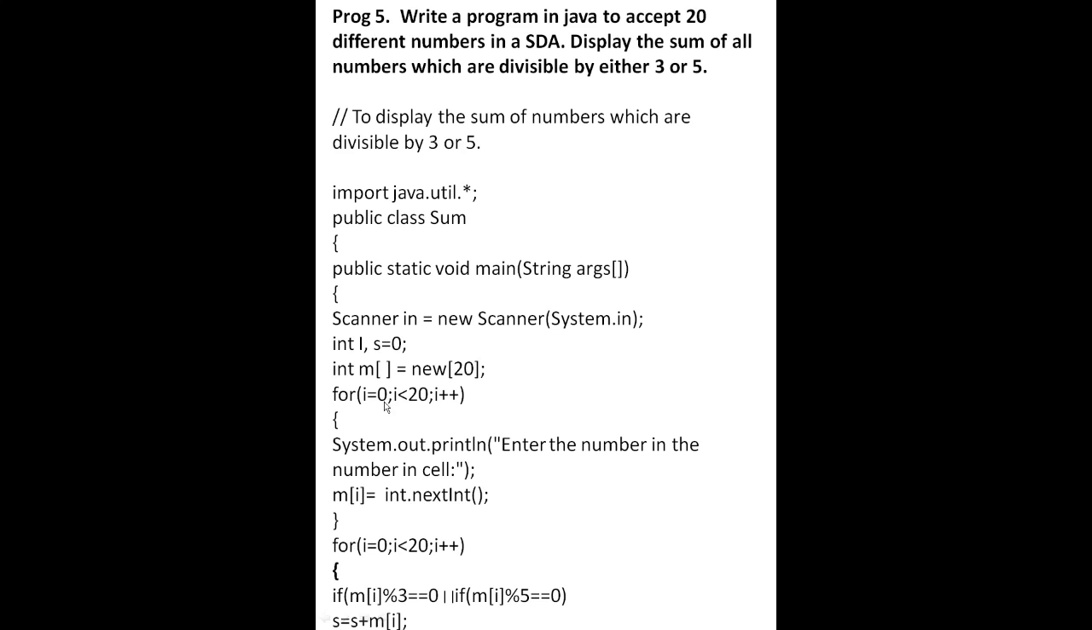For i started from 0, i less than 20, i plus plus. Curly bracket, first we will enter the number in the cell, then we will write the data type. Curly bracket close. For this statement, now arrange the number, i less than 20, then now it will check